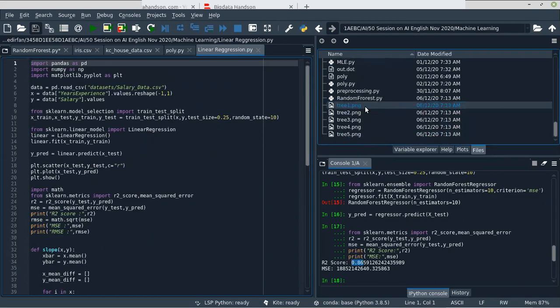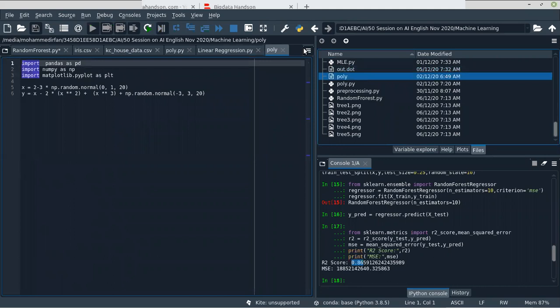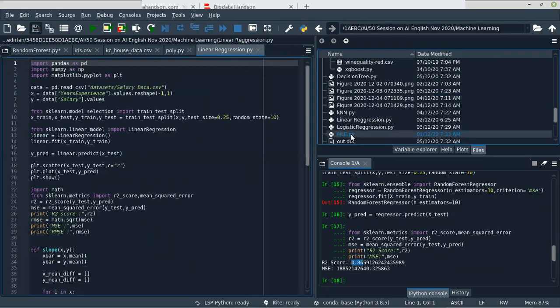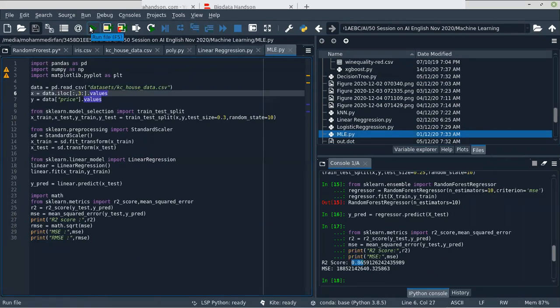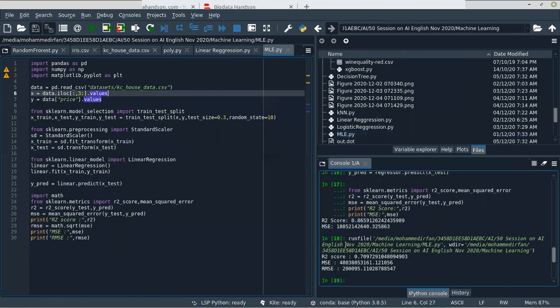Okay, we didn't use that. Yeah, in multiple linear regression we used the Casey house data. Let's see what the result is for multiple linear regression. The accuracy using multiple linear regression is 0.7.